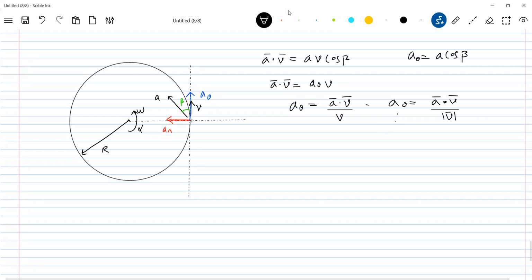Okay, similarly, let me take the cross product. A bar cross V bar. This is equal to AV sine beta. What is A normal? A normal is what? A sine beta. So this A sine beta, I can write it as A normal into V. So what is A normal equal to? Or in the vector form,